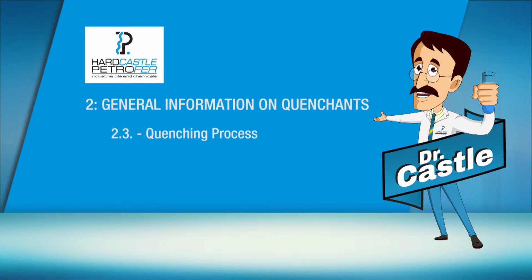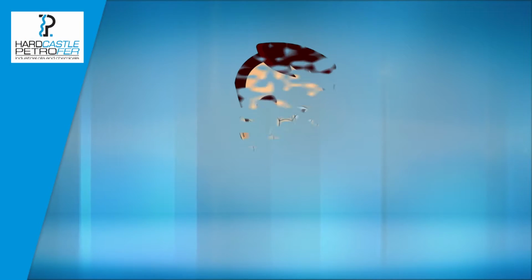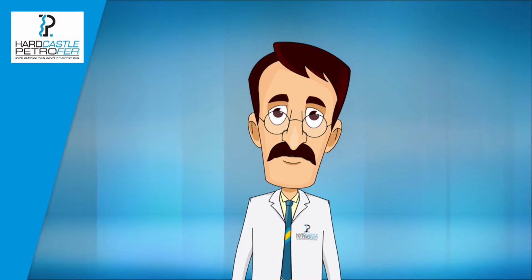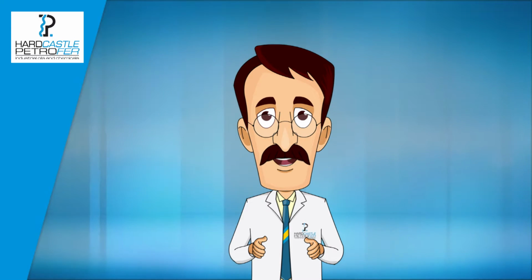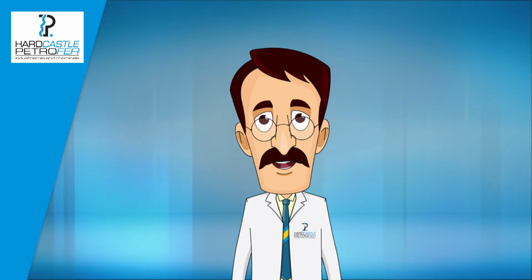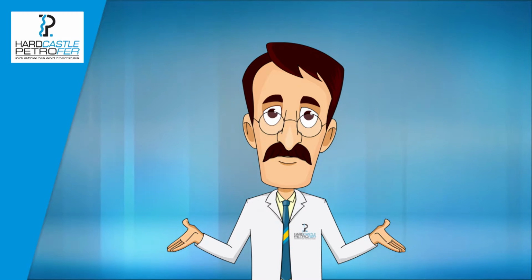Let's catch up on the next topic, the quenching process. A quenchant is characterized primarily by its quenching properties, and these are difficult to describe in words. Descriptions such as severe quench or mild quench are of little use in the technological era. The quenching process or cooling rates can, however, be studied using test probes such as